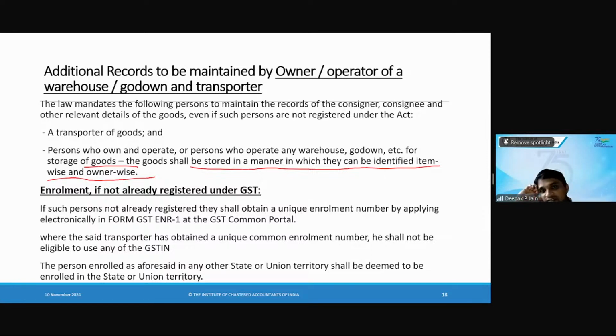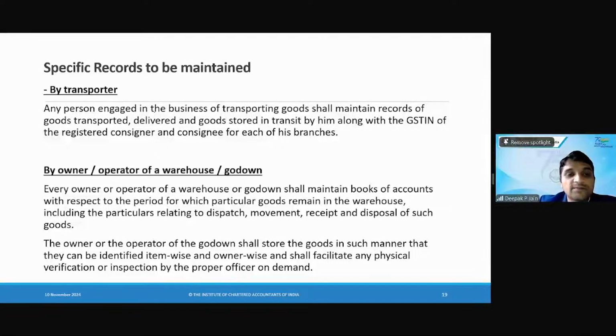इनके लिए सेंट्रलाइज रजिस्ट्रेशन मिल जाएगा। जैसे रजिस्ट्रेशन हमने कहा कि स्टेट वाइज चाहिए, लेकिन इस ट्रांसपोर्टर और गोडाउन ओनर को पर्सन एनरोल्ड एज ट्रांसपोर्टर, मतलब ट्रांसपोर्टर अगर दूसरे स्टेट में भी एनरोल्ड है, ENR1 करके उसको नंबर मिल गया, दैट इज सफिशिएंट, उसको हर स्टेट में अप्लाई करने की जरूरत नहीं। देन स्पेसिफिक रिकॉर्ड्स, एक बार एनरोल हो गया तो फिर क्या रिकॉर्ड्स मेंटेन करना है? दीज आर द रिकॉर्ड्स टू बी मेंटेन।